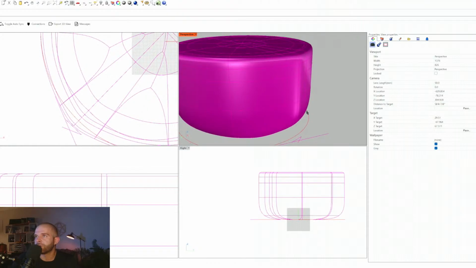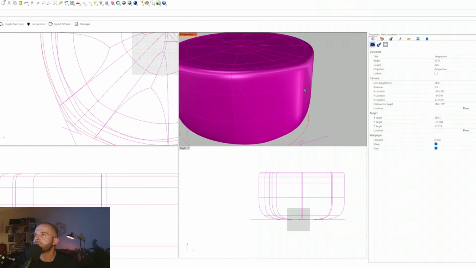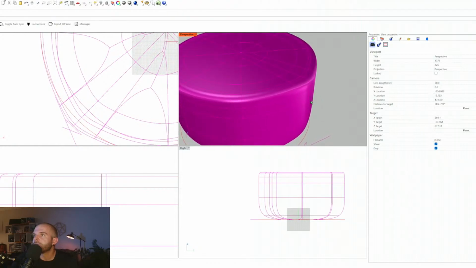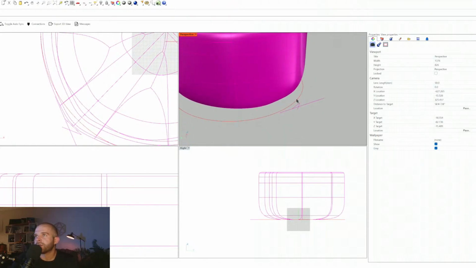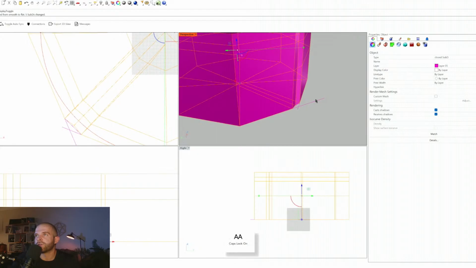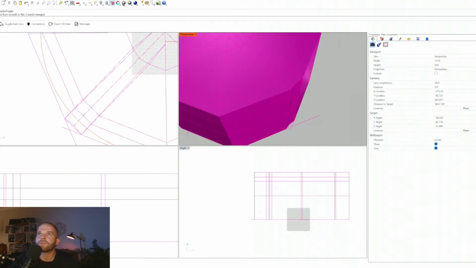If I undo those last two moves, or just that last move, I'd want this whole edge to scale into where that corner is. I think that's what it is. So we'll do,